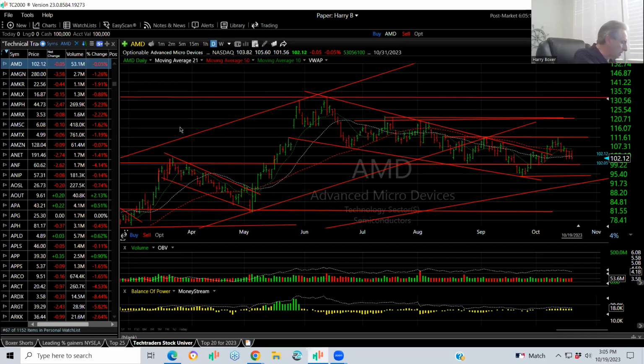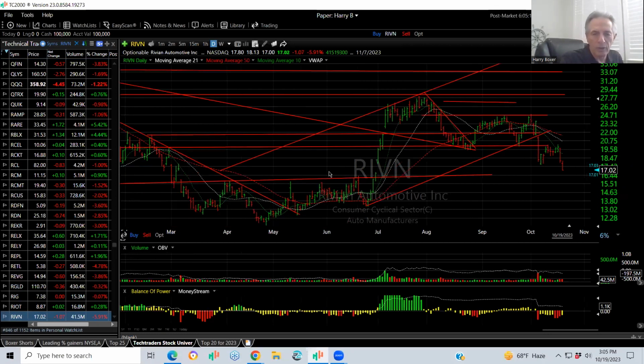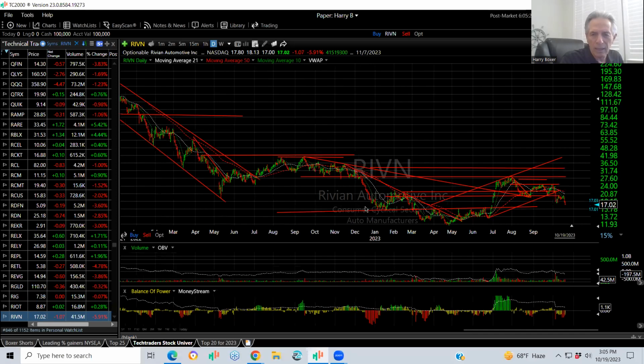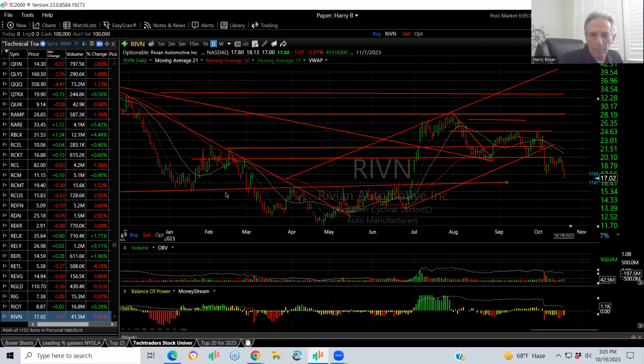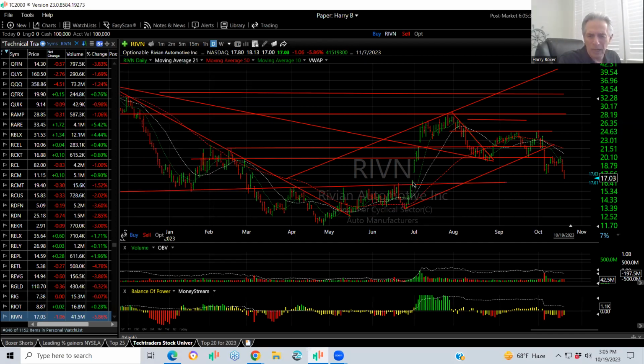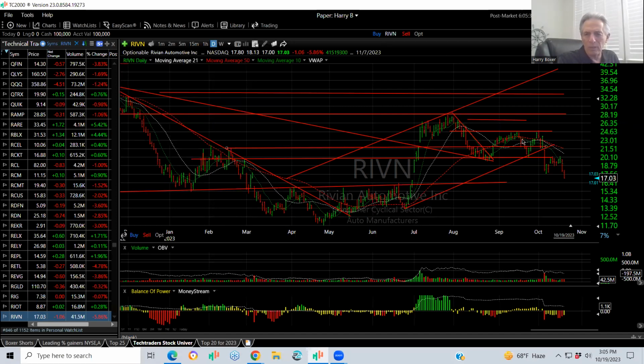Rivian, which was a tech trader swing trade idea of mine here, and I'll show you why. After a long decline, the stock based out, but had multiple tops in here. The day before it gapped, right there, it broke out. It was about 16 and a half where we put a swing on it, and it exploded and went to both of my targets, made even a higher high, and then came down on a 1, 2, 3 wave corrective.